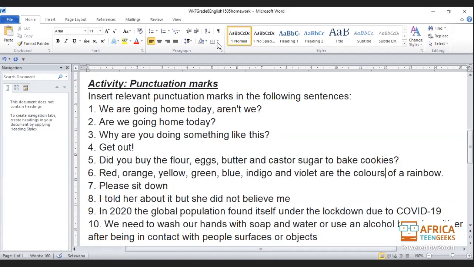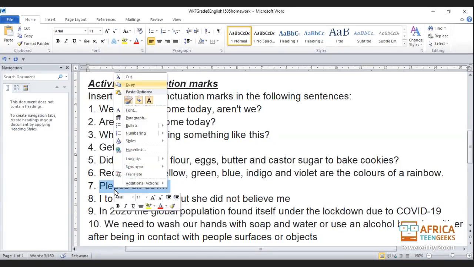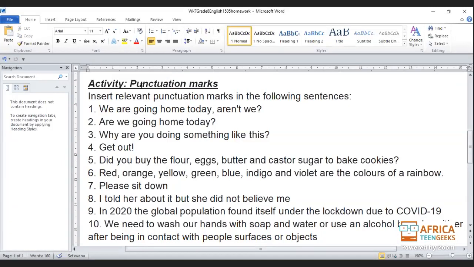Then let us go to number seven. Okay, number seven, I think it really has two ways to go about it. So I will write those two ways. Sometimes it can be like me, I'm just asking you politely. I'm asking you politely, so I'm saying, please sit down. Or it can be something to the effect of,